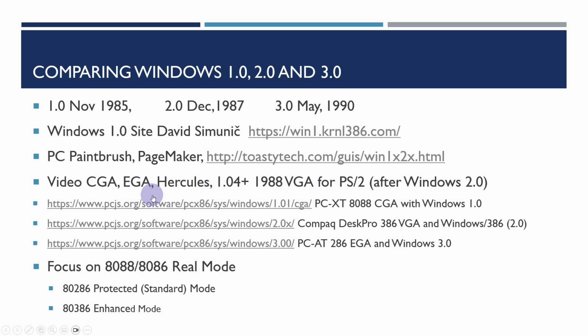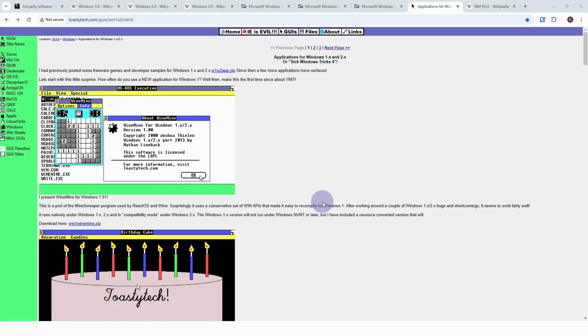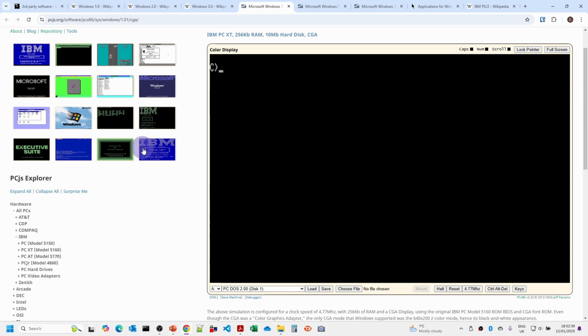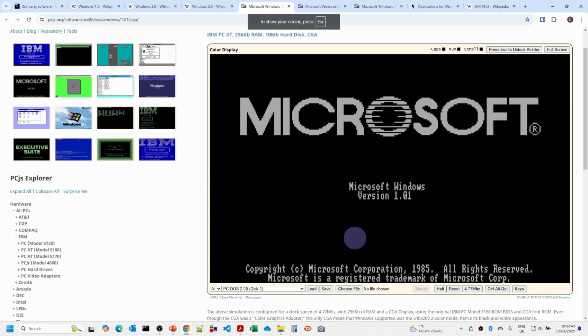Now one of the easiest ways to actually play around with these early versions of Windows is through the PCJS.org website, and this rather cleverly manages to run and emulate early versions of the original PC, PC XT, PC AT and some of the 386s, and this is done entirely in JavaScript, so you can run these within your web browser. I've got a number of these running here, so all you need to do is click on the URLs that I'll include in the description below. When you run it up,